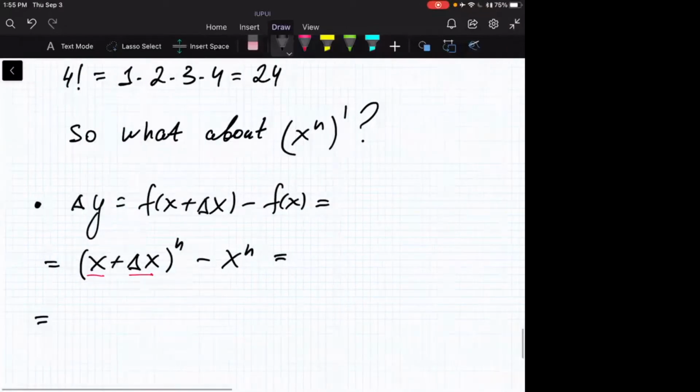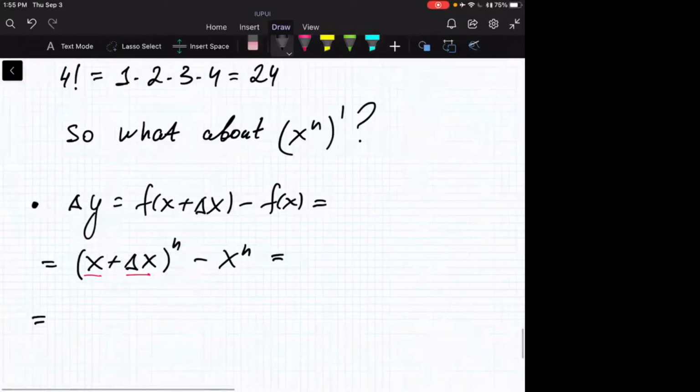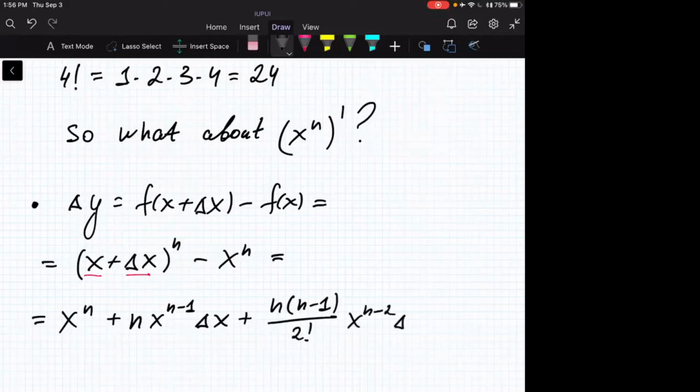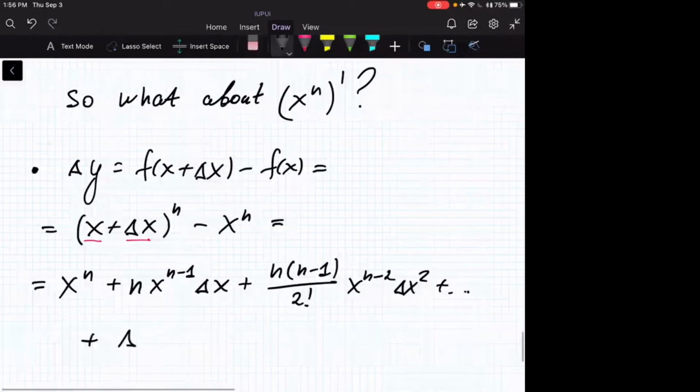And so what I'll get is x to the power n plus n x to the power n minus 1 delta x plus n times n minus 1 divided by 2 factorial x to the power n minus 2 delta x square plus so on plus delta x to the power n. This is my first term. I just open the power